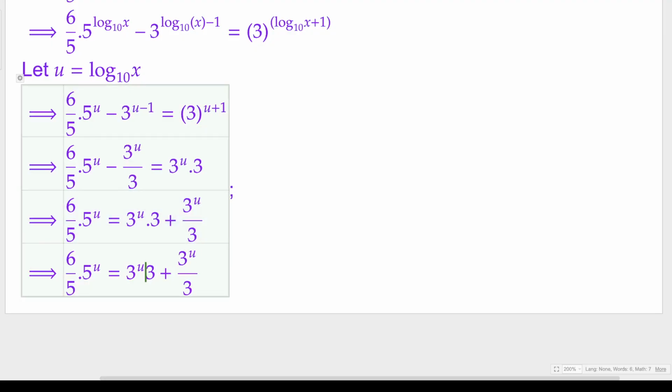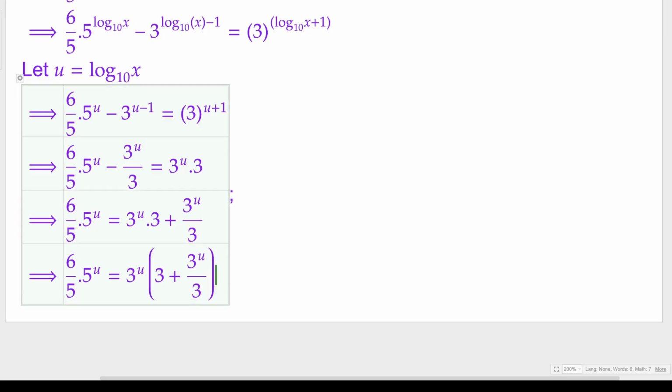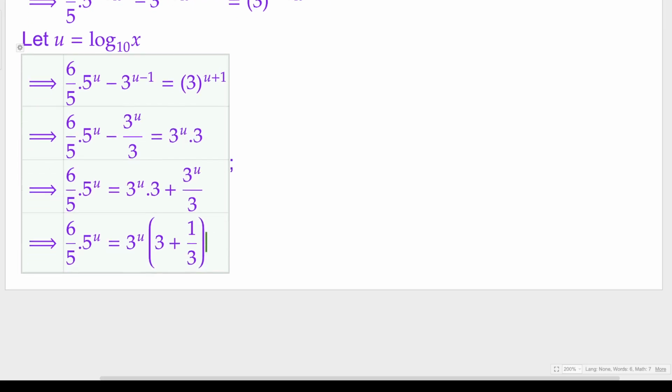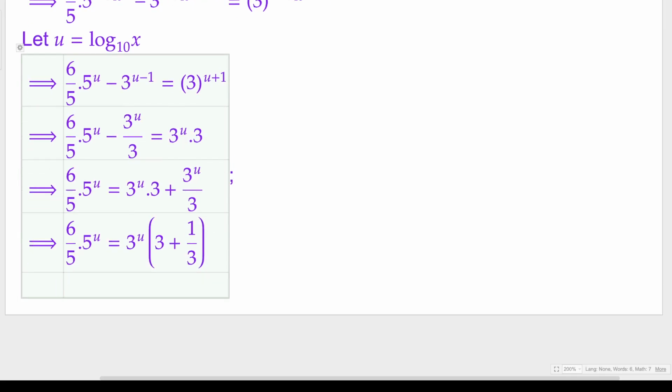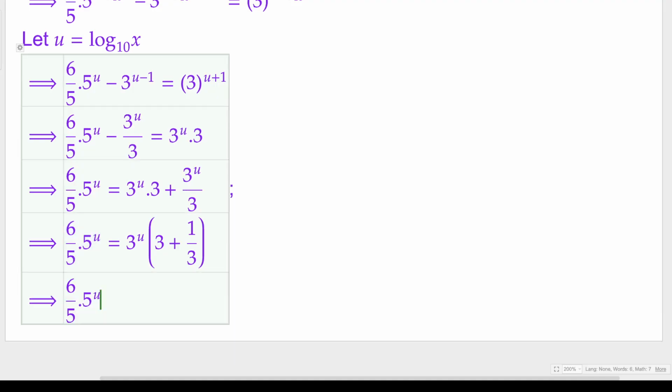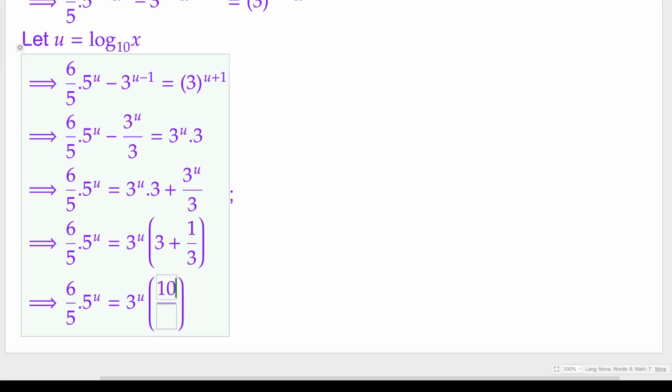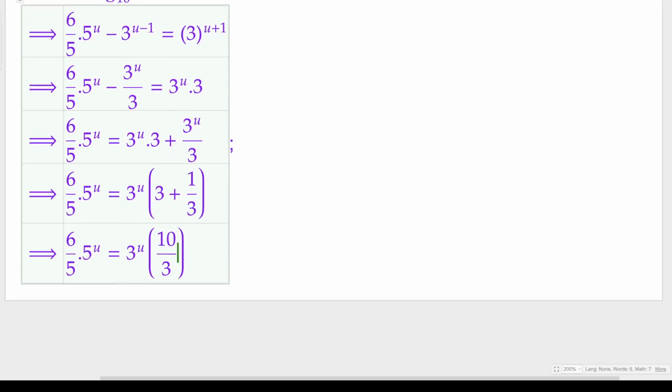So this is the common factor, so here we have written this, and instead of this one I can write simply this one as 1. Now on solving this further, we'll get 6 times this, right, and this one will be 3 power u times equal to 3 power u times this will be 10 over 3. Now on resolving this further,